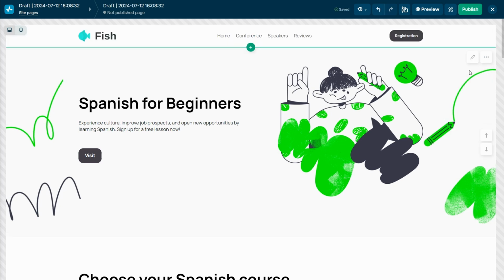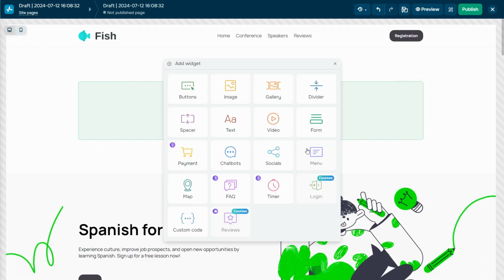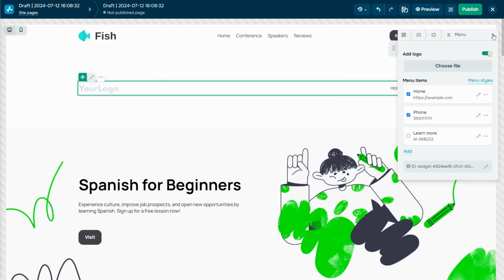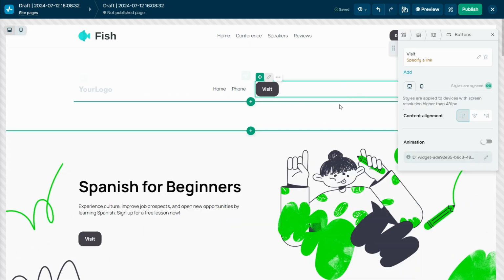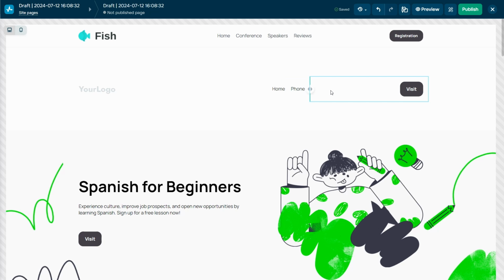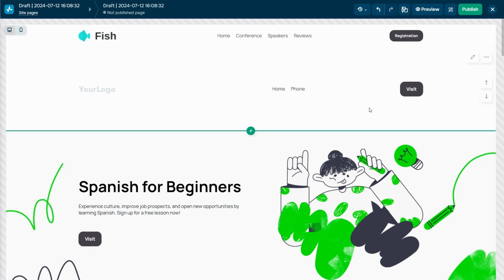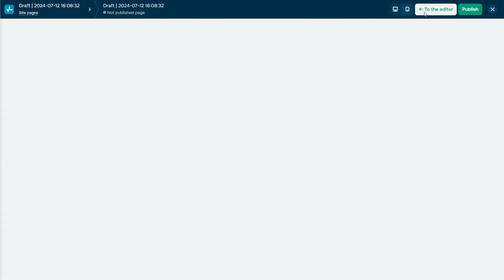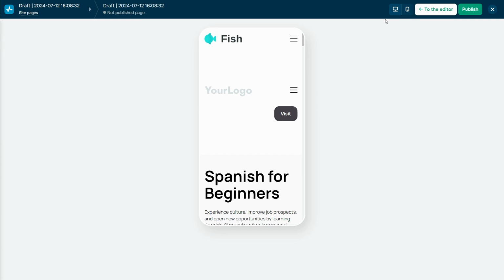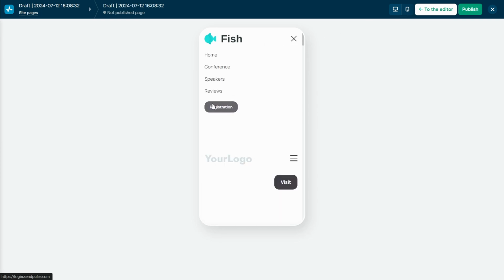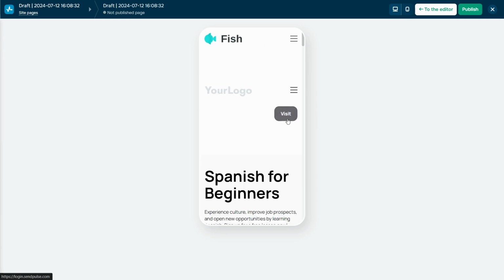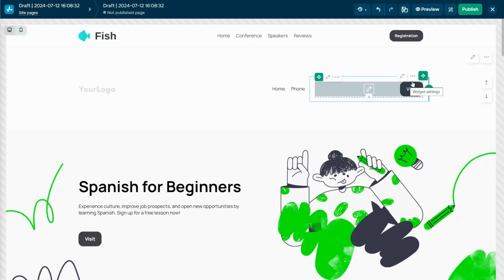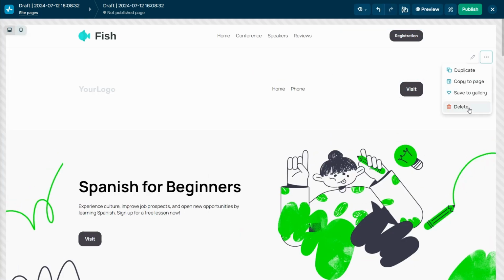specific pages. If you want to create a header block from scratch, add a menu widget, enable the logo option, and add a button. Adjust the spacing between these elements to suit your design. In the mobile website version, the button will appear as a part of the menu icon in the header by default. In desktop blocks, it will be displayed as a separate element. If you don't need this button, you can just use the menu widget without adding the button to the header.